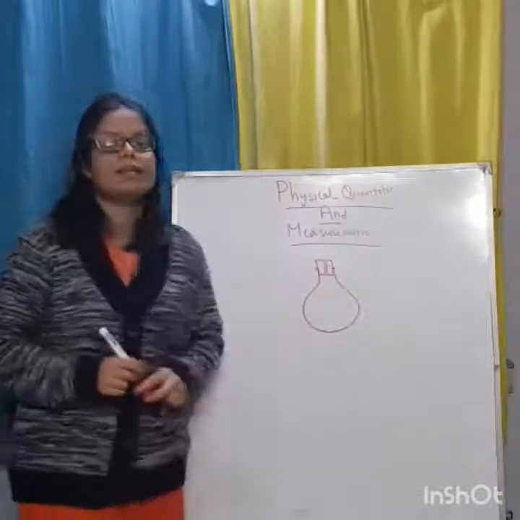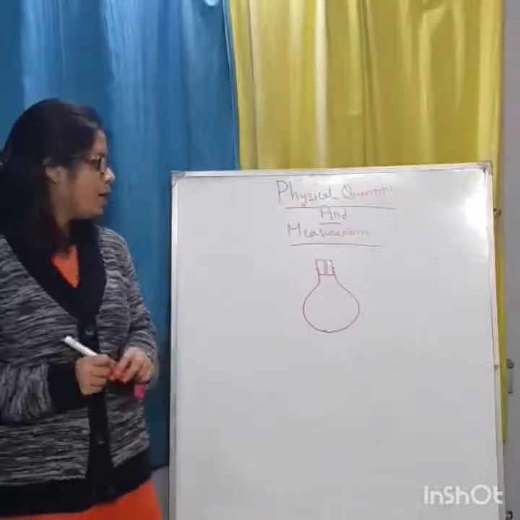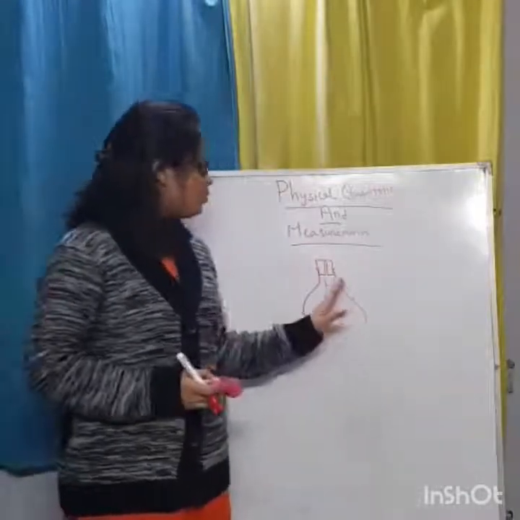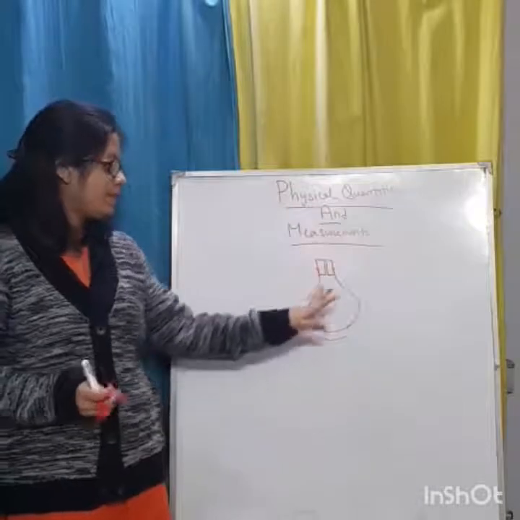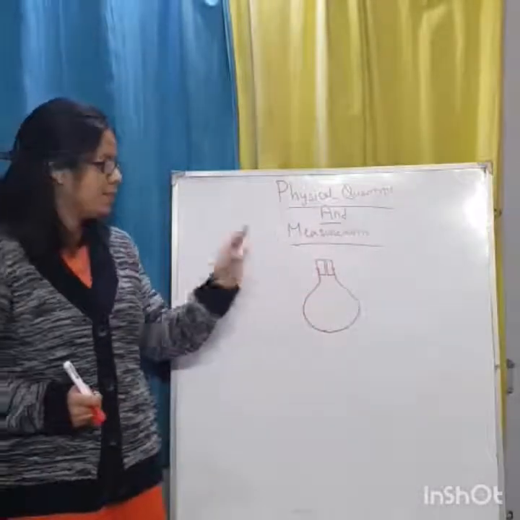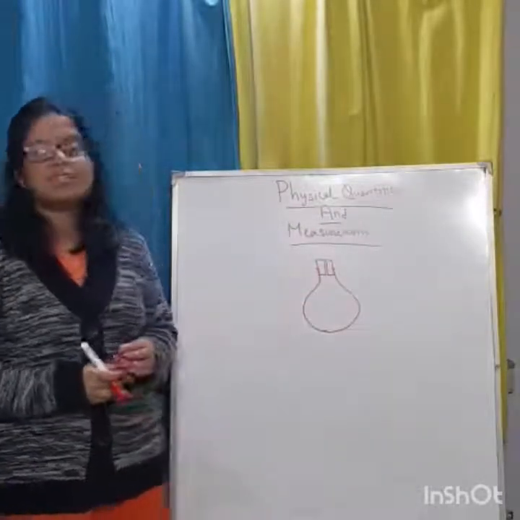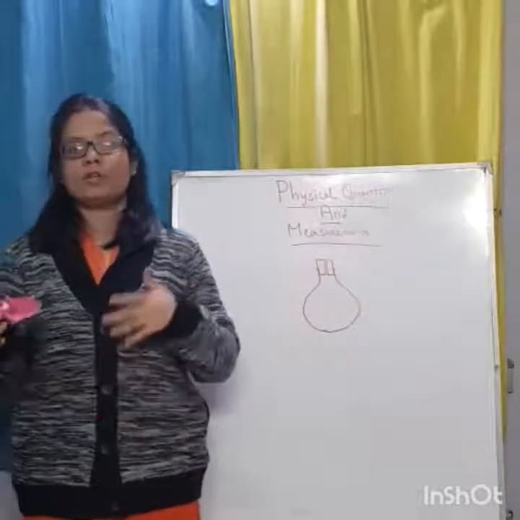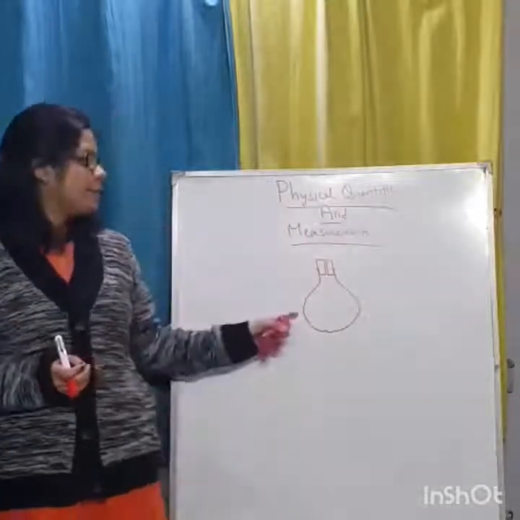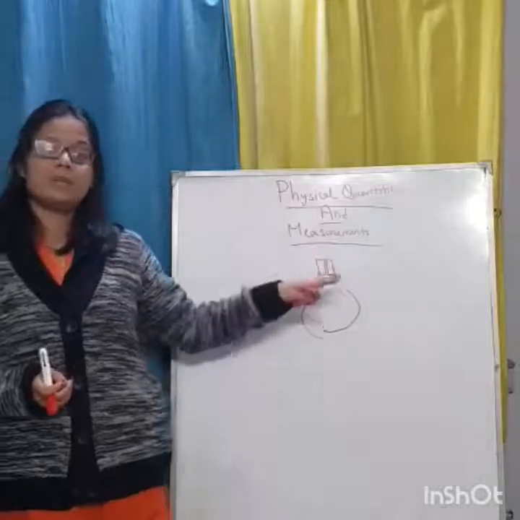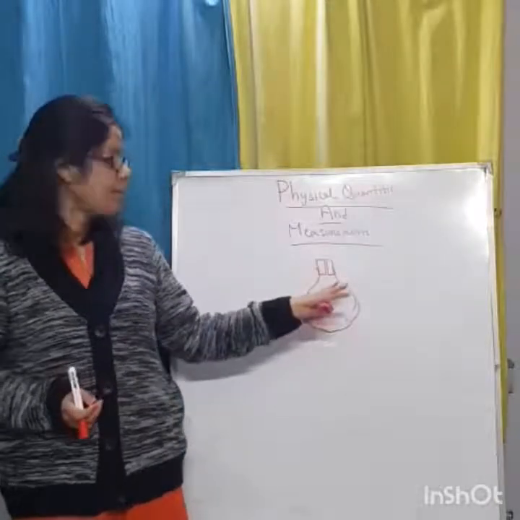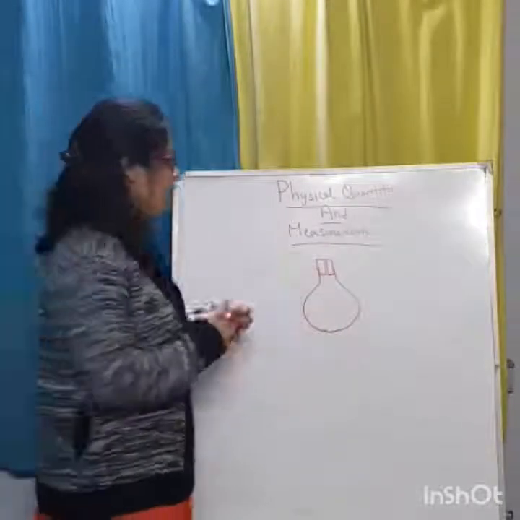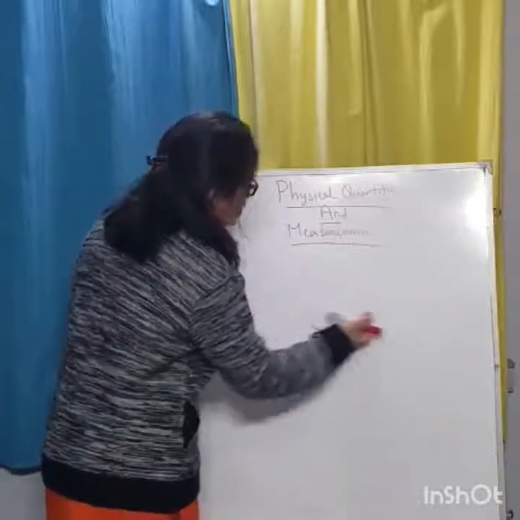So how do we find the density of liquids with the help of a density bottle? The procedure is, first you take the density bottle. This is a very rough diagram. It looks better than this in reality. So first you take this density bottle, you wash, dry and clean it. You first measure the mass of this empty density bottle. Suppose the mass of the empty density bottle is M1.